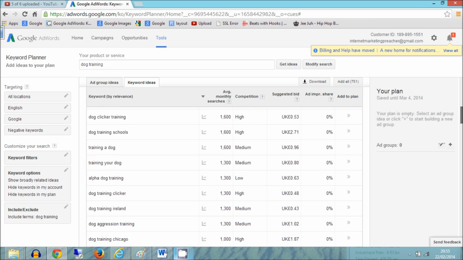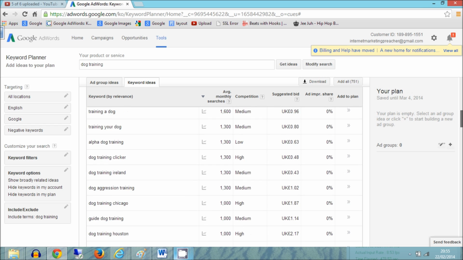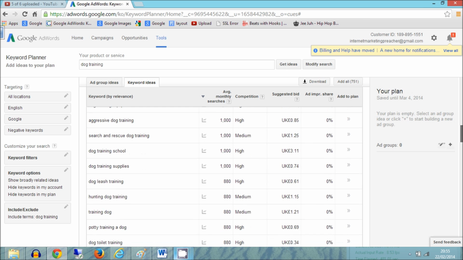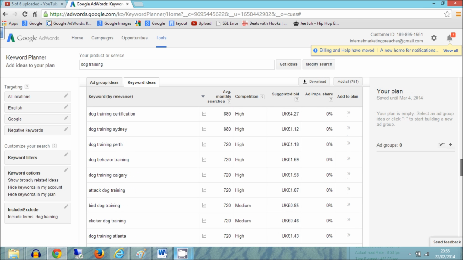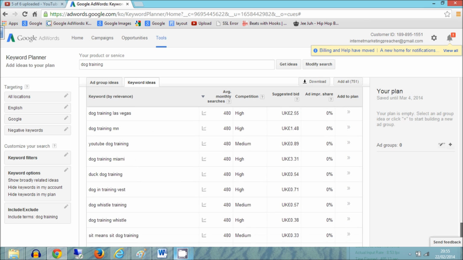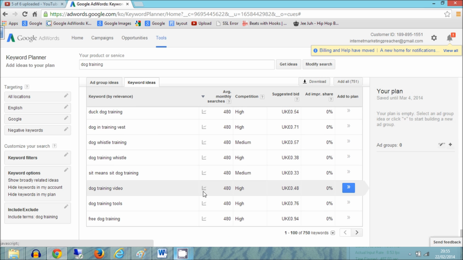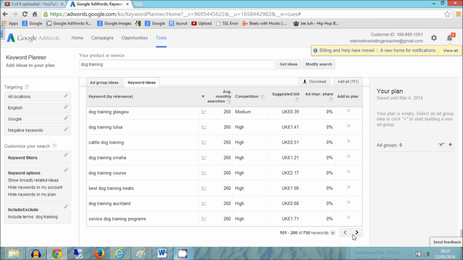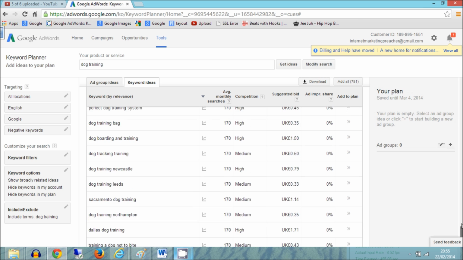So if we look down the list here, we can see we've searched by 100 results. There are 100 keywords to do with dog training, and we can keep on going here and here, and these are all keywords that you could base your domain around if you're selling a dog training product. And this goes for, we're not necessarily targeting just dog training. This could go for any product.